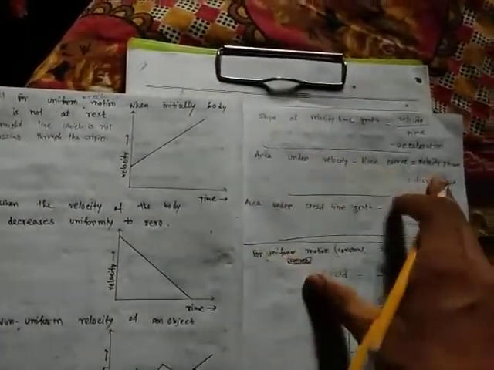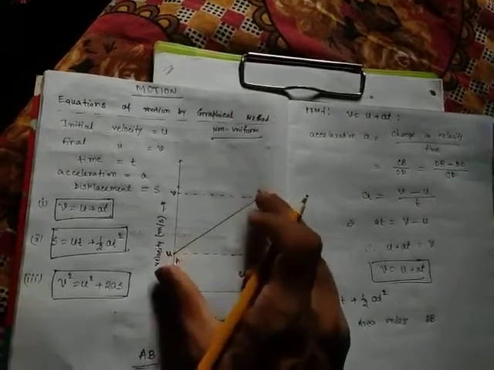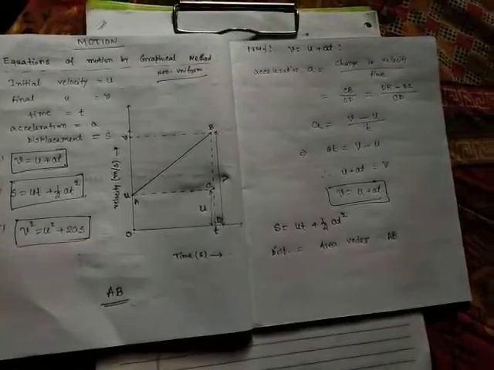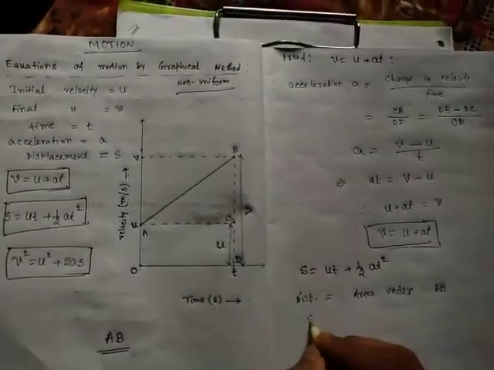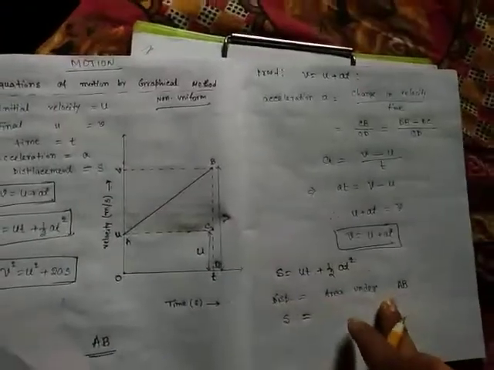In the last class I told you that the area under the velocity-time graph represents displacement. So here, what is the velocity-time graph? The velocity-time graph is AB. So what is the displacement in this case? The area under AB. So this is S actually, displacement represented by S. S is equal to the area under AB, which means this much,